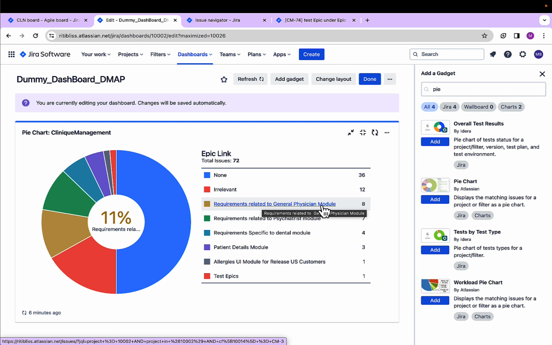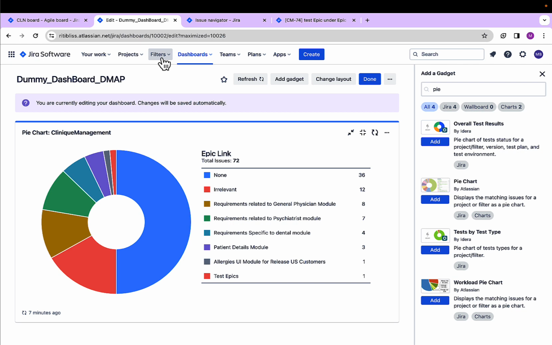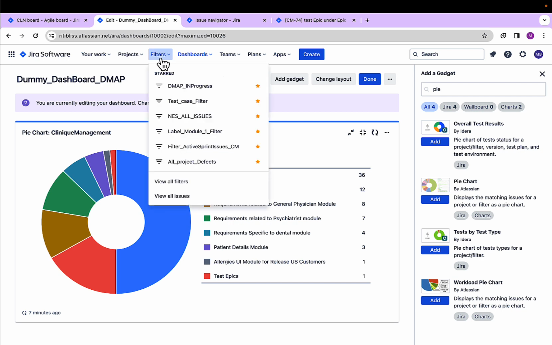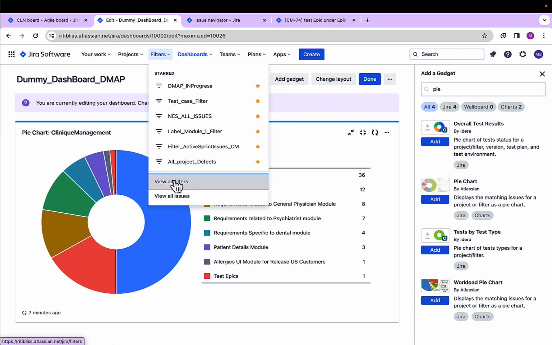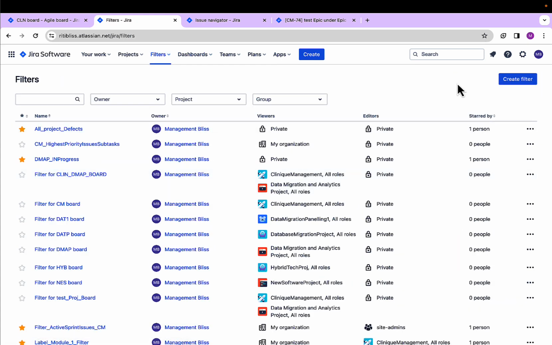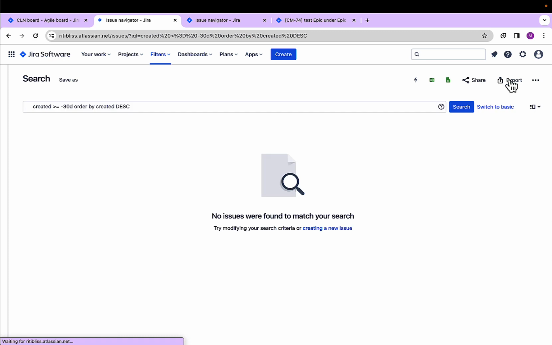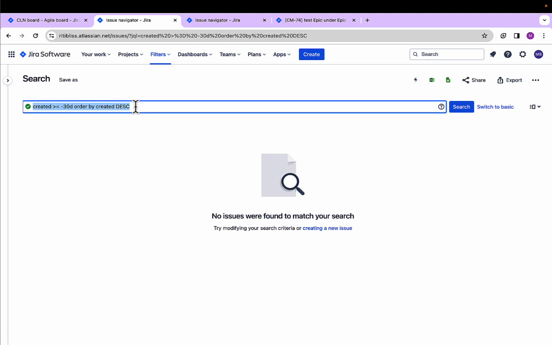Now to create a pie chart from multiple projects, we have to create a specific filter that would get us the issues from both the projects. To create the filter, I will go to the filters options. Again, if you want to learn more about filters, you can watch my tutorial specifically on filters on YouTube. Okay, so let's click view all filters. Since I want to create a new filter, on the right hand side I will click on this link, create filter, and here I will add